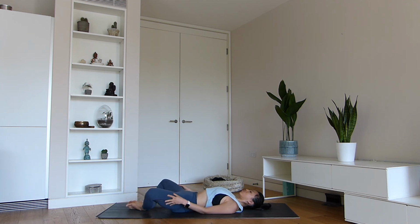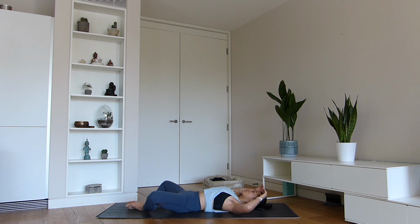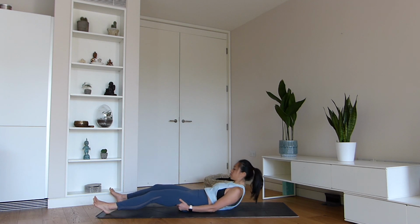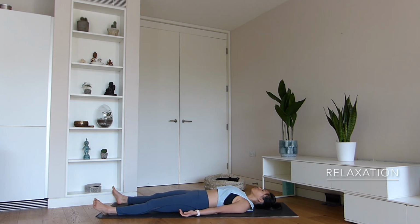Descending, soles of the feet on the ground, coming into Supta Baddha Konasana. So it was that same pose that we did earlier on, except this time you are lying on your back. Reclined, bound angle pose. If you have two blocks, you can also place it underneath the outer edges of the thigh for support. Continue settling your groins deep into the pelvis, and the knees will melt away to the edges. When you're done,